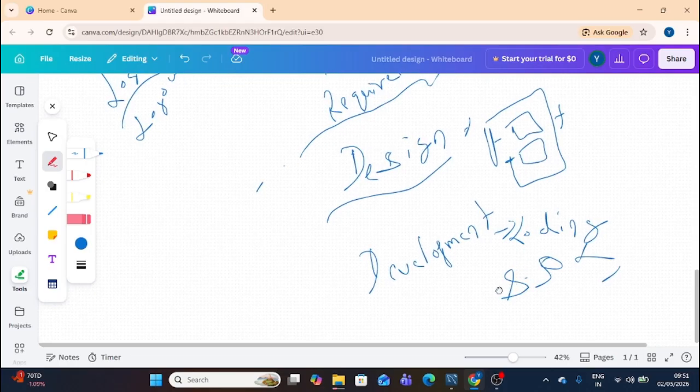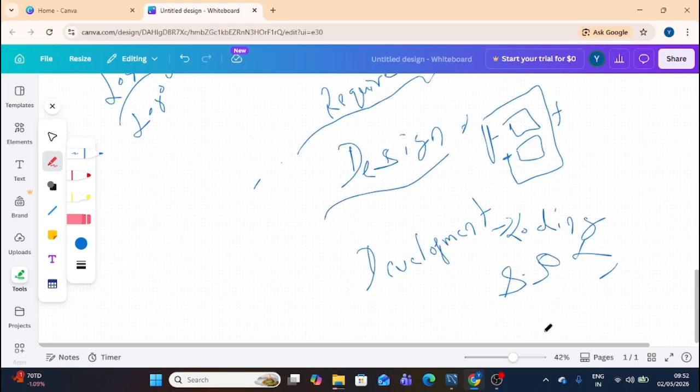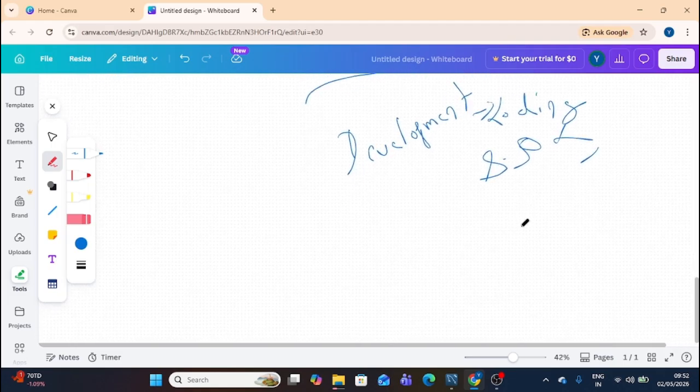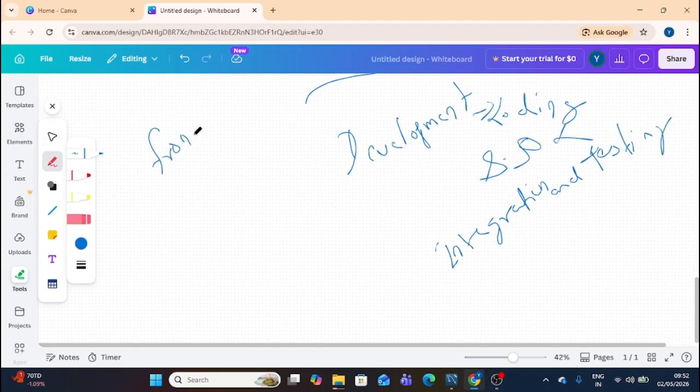The next step is integration and testing. Here we have created different things in our system: the front end, the back end, and different features.